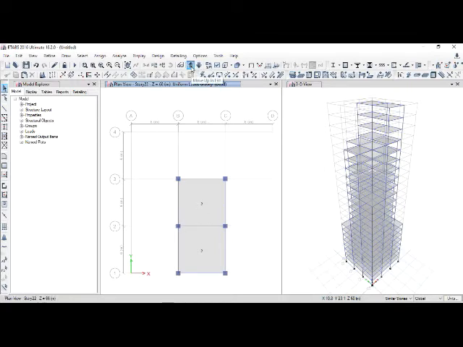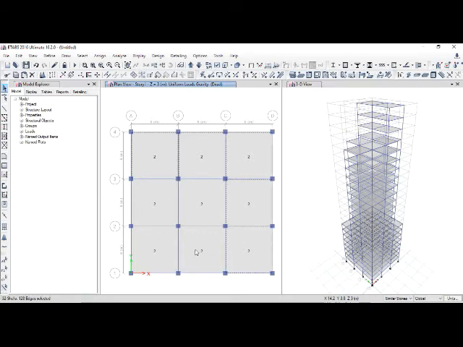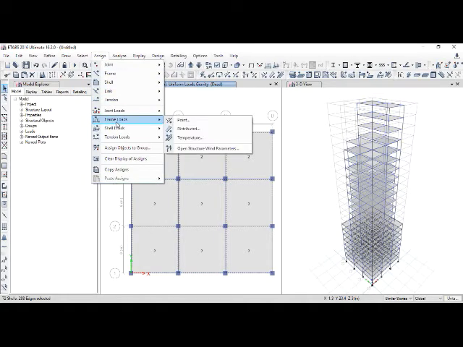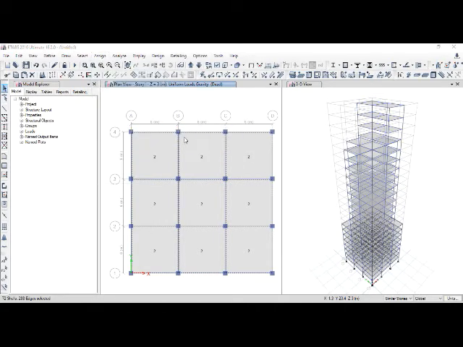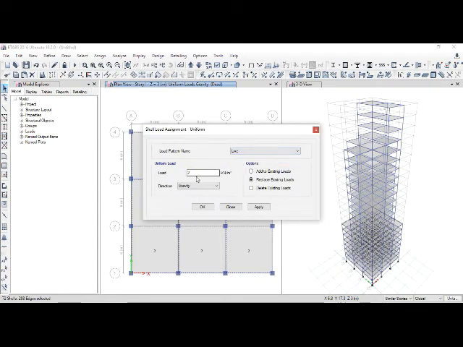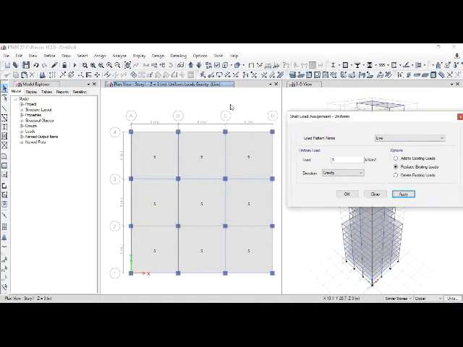Now we have to apply the live loads for all the slabs. So we'll go to again story 1, and now we'll start with application of live load. We'll select the slabs first for the first story so that you can see that the slabs between 1 and 8 story are selected. Go to assign shell loads, uniform, and then we'll select the live load option. We'll apply the intensity of kilonewton per meter square, apply.